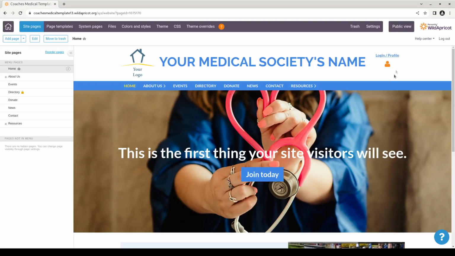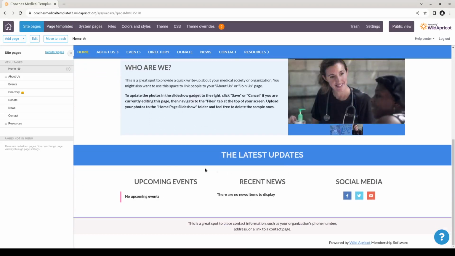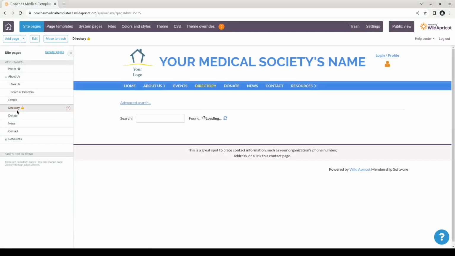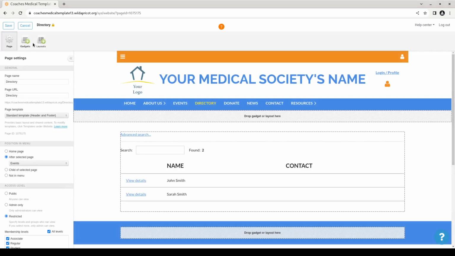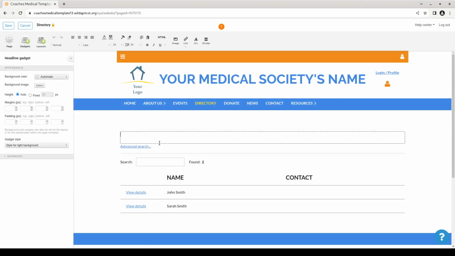Your website is the hub that brings everything together for your members. Membership application forms, event calendars, directories, and any other content you'd like to share. Simply drag and drop WildApricot's gadgets onto your pages to assemble your site. No coding required. Of course, if you're a web designer at heart or just a tinkerer, we do have support